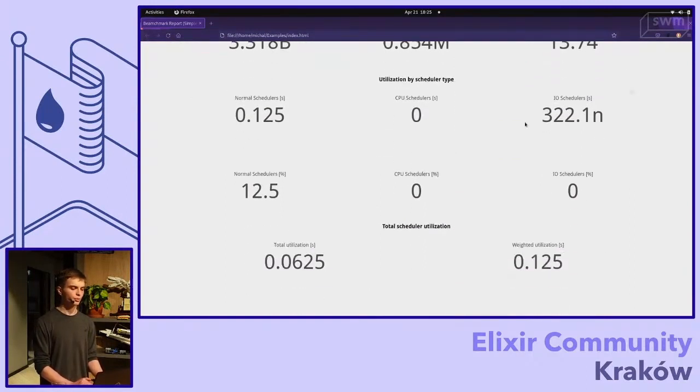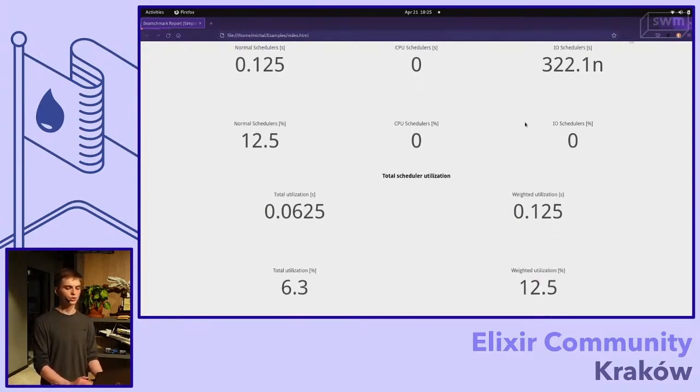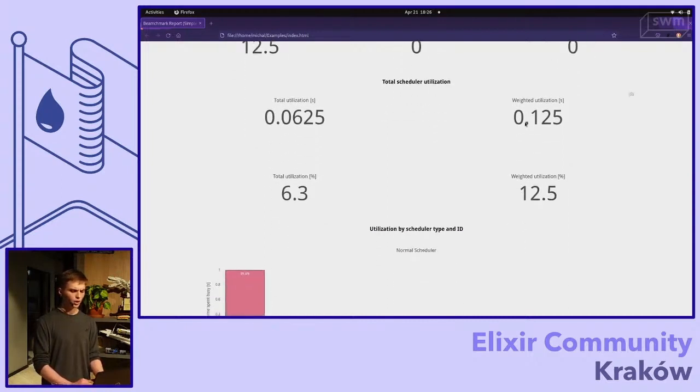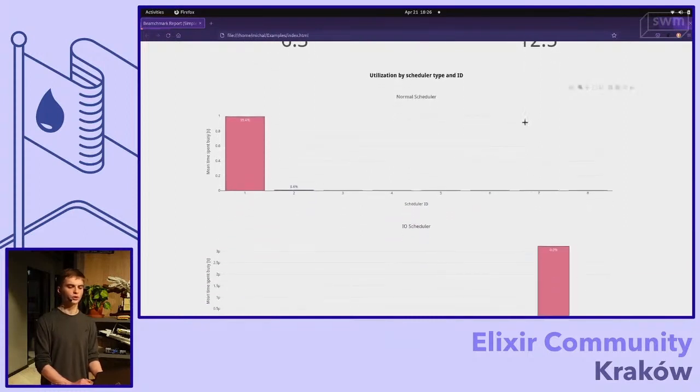We also have some metrics grouped by scheduler type. So we have utilization for CPU, schedulers, normal schedulers, and IO schedulers. We also have weighted utilization, which is average scheduler utilization compared to the CPU available time. And plots. Here are some plots of scheduler